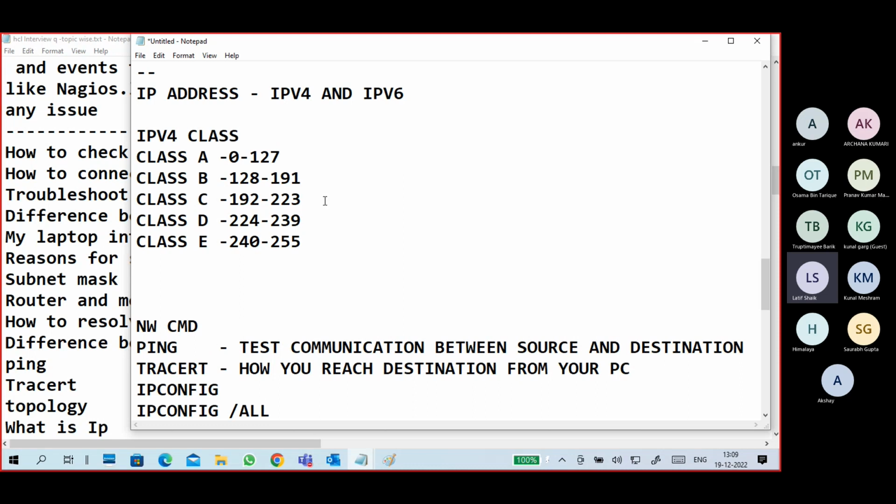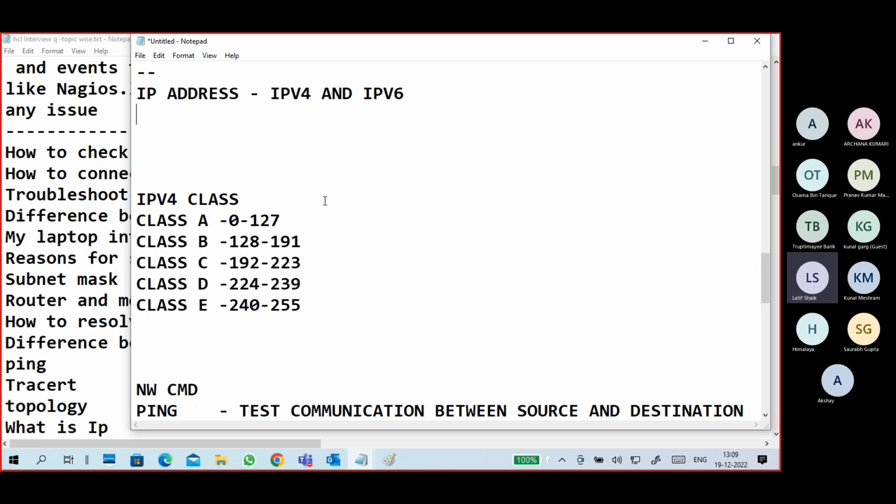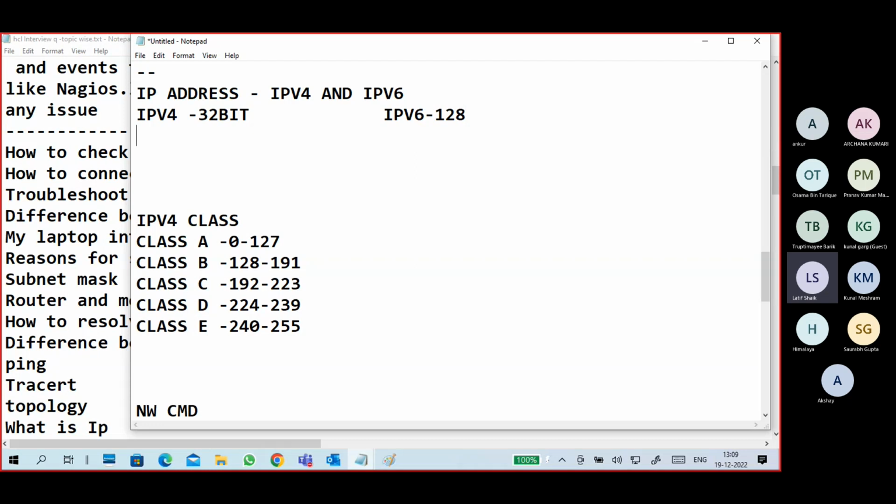IPv4 is 32 bit. IPv6 is 128 bit; if you get this question, 128. IPv4 is represented as decimal numbers, and IPv6 is represented in hexadecimal.